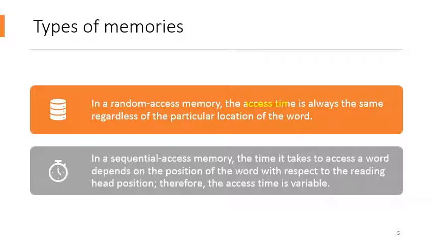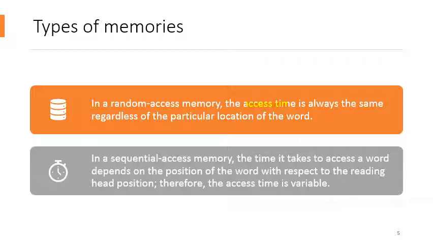That is known as the access time. When the processor has generated the request for some specific data, after what time the data is available to the processor, and how much time the processor has spent in order to access that particular location, that is basically your access time. So in random access memories, the access time is always the same, regardless of which word or which location we are accessing.